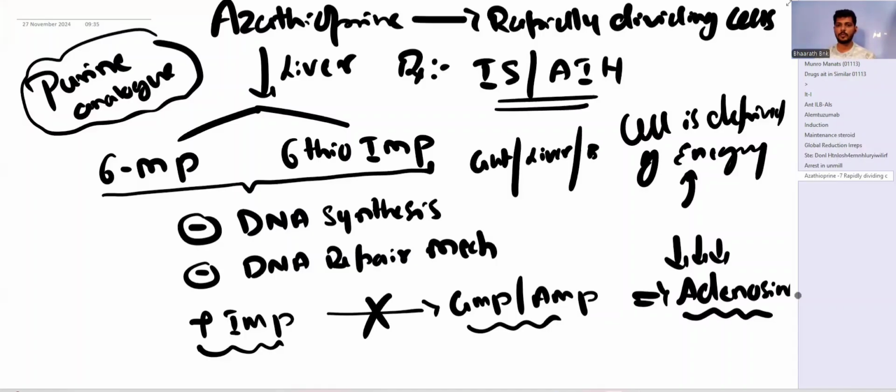It can act on bone marrow also and cause the destruction of these cells and prevent them from proliferating, right? These are the cells which need to be proliferated so as to maintain the physiological function of those organs. But azathioprine is non-specific in its action. It will act on all the cells which are rapidly dividing. Now we wanted to produce a drug which will act only on the lymphocyte and spare the other rapidly dividing cells. So that is why there was a